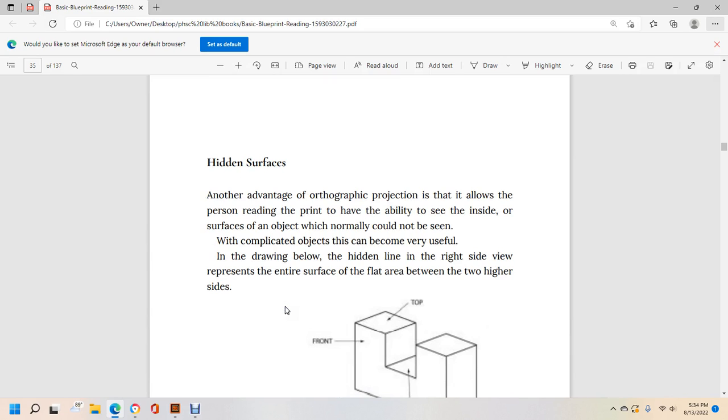Hidden surfaces are another advantage of orthographic projection. It allows you, the person reading the print, to see the inside and surfaces of the object that normally could not be seen. With a complicated object, this becomes very useful. In the drawing below, the hidden line on the right side represents the entire surface of the flat between the